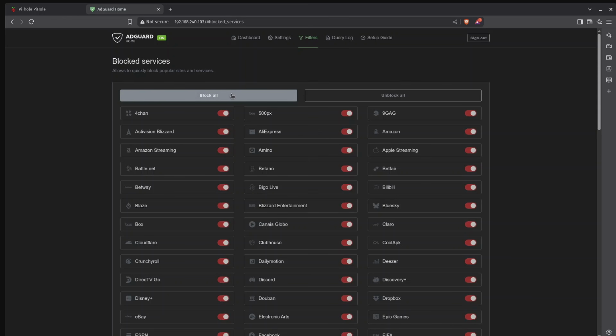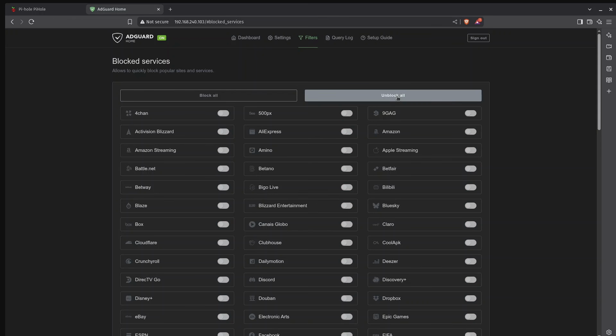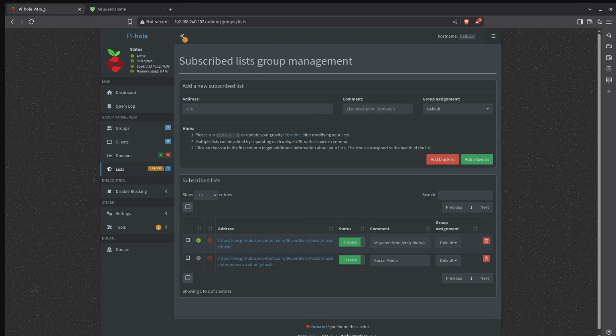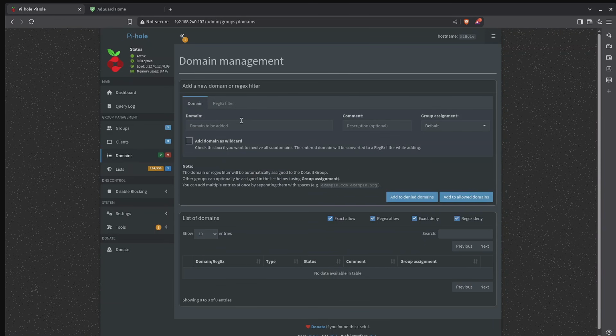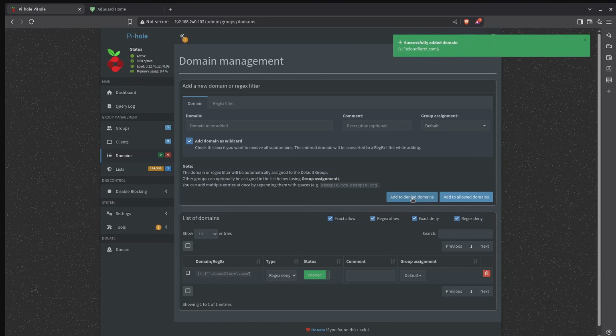You can block them all with one click here, or you can block individual applications. So if you need to block extremely heinous services, like for example Cloudflare, you can block it individually, which is something you can do with PiHole as well. If I go to PiHole, we can go to domains. If we want to block Cloudflare.com, we can add this as a domain wildcard and add to denied domains, and you can get the same